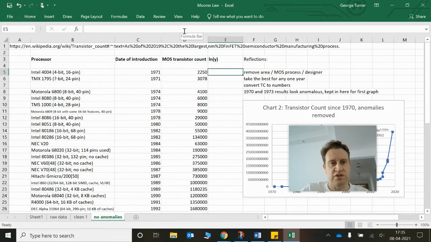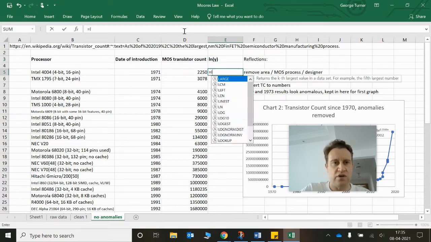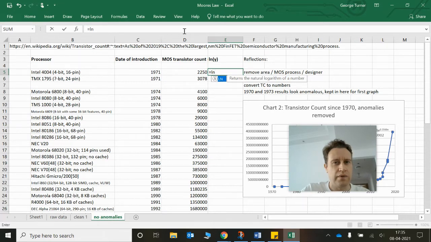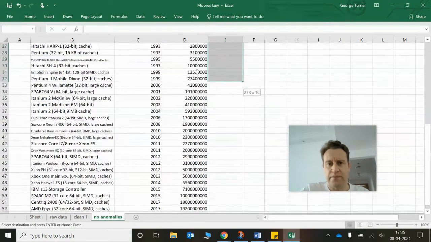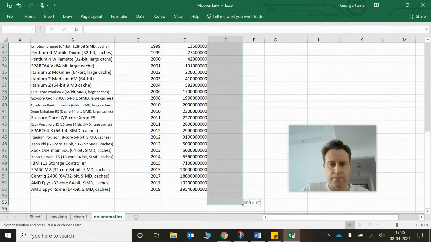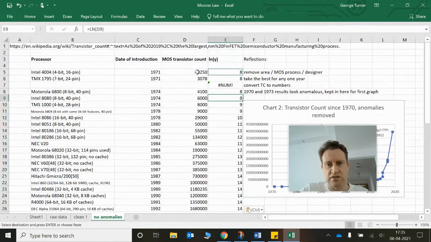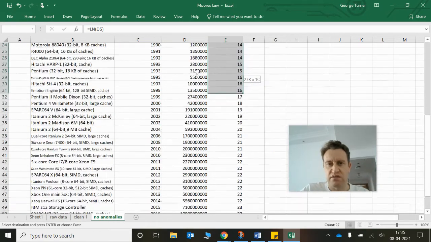Okay, right. So what I'm going to do now is take the natural log. It allows me to do it in Excel. Take the natural log of this number here. Okay, right. So there we go. Oh, that's exactly 8, isn't it? What's going on there? Okay, right. So I think probably that's,